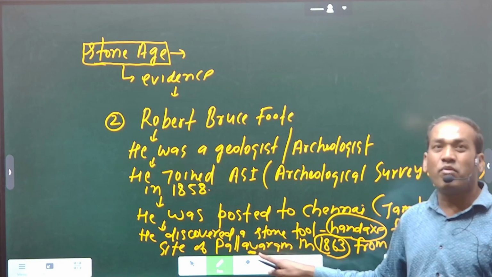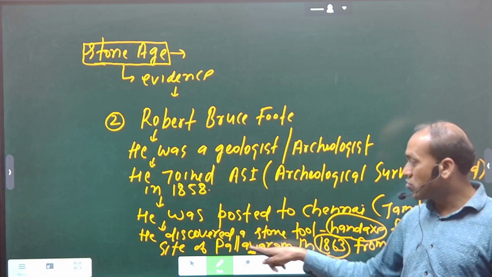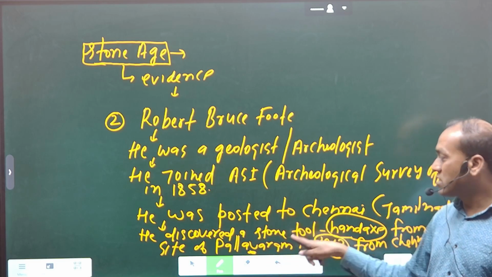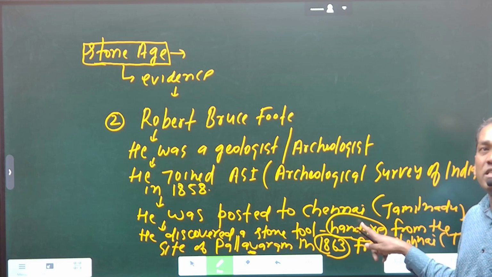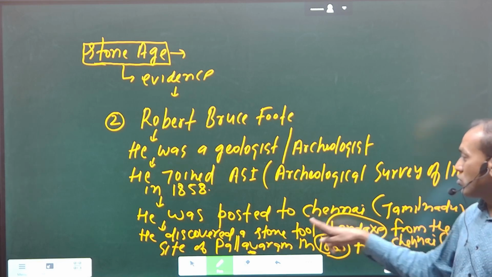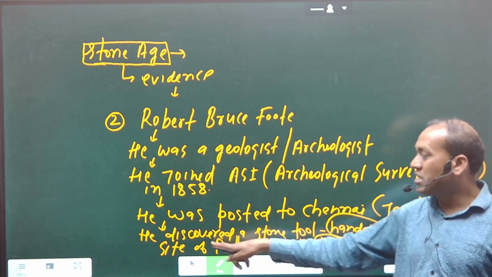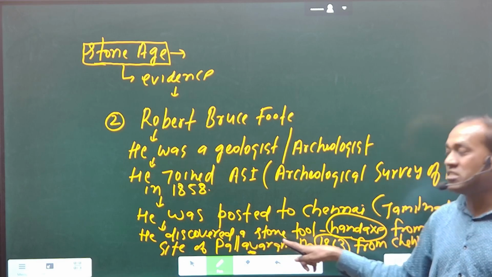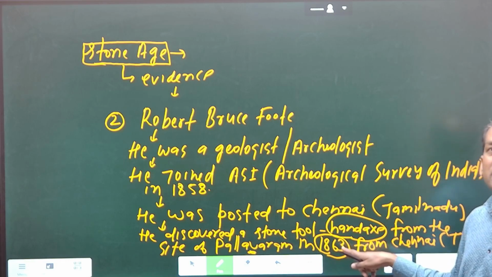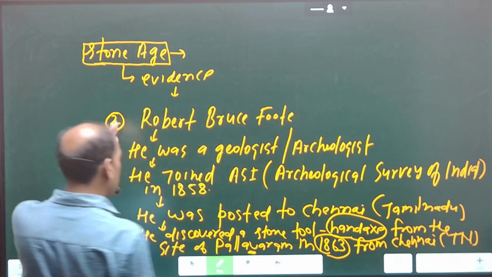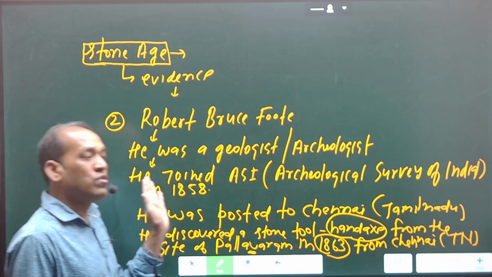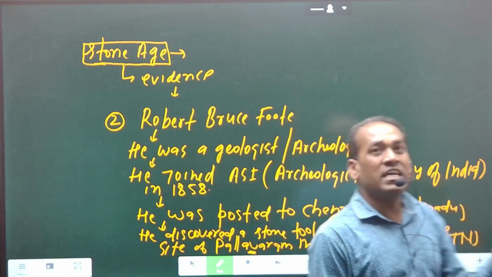This is very important because UPSC asks questions from here. So he discovered a stone tool, the hand axe. The hand axe was used for digging the earth. Hand axe from the site of Pallavaram in which year? 1863, from Chennai, Tamil Nadu. So this is the second evidence. So far I have covered